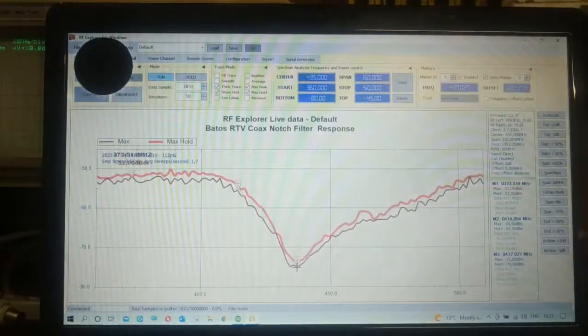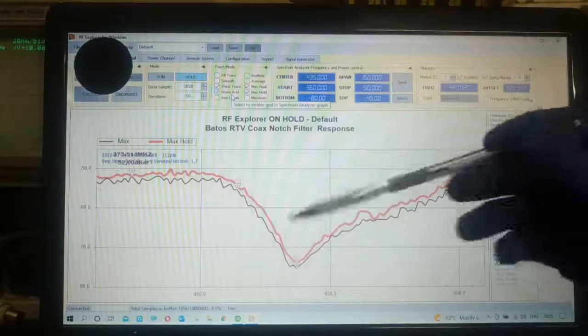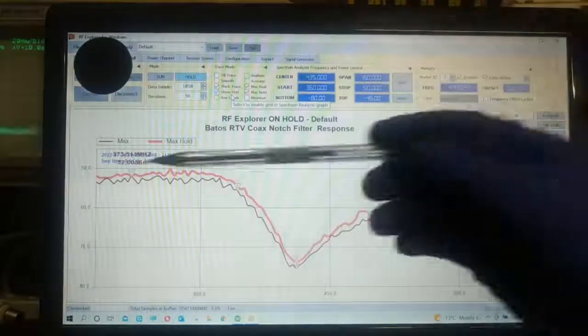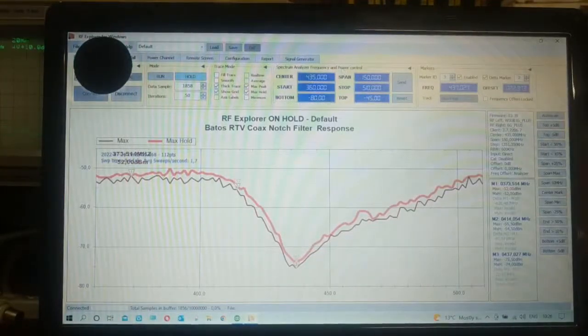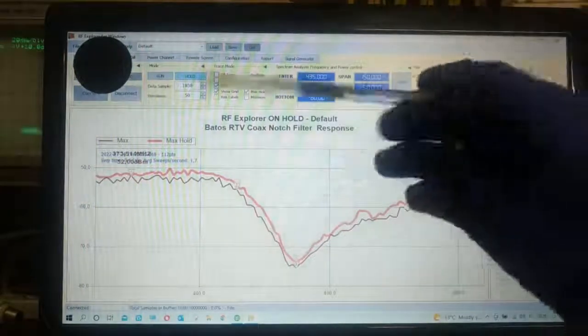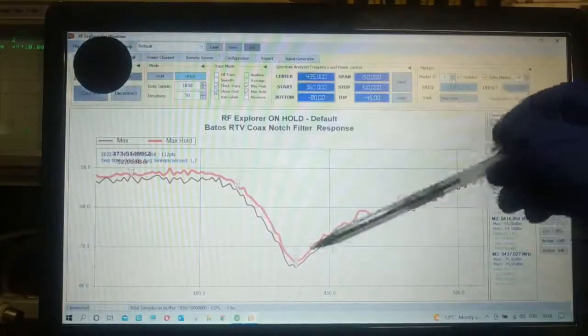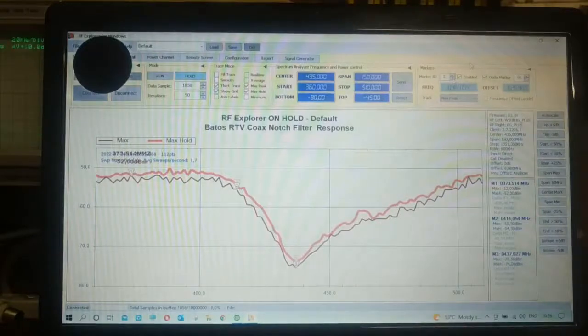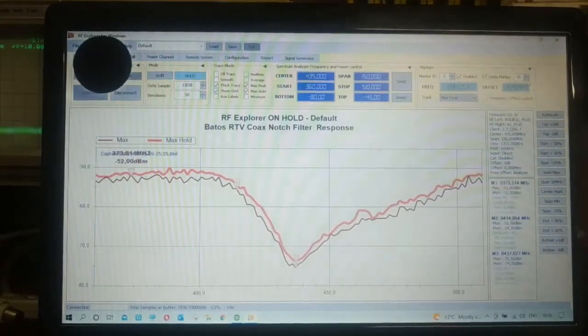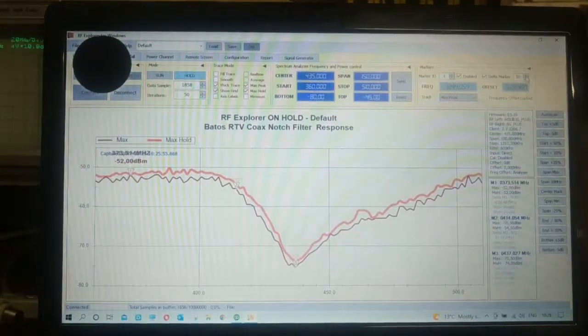Now what I'm going to do is freeze the actual display, and I'm going to try and calculate. So I'm going to say, what is the difference between my highest peak, which is number 1? Okay, so let me just go there. Okay, so I go number 1, and then what is the difference to the actual marker number 3? So I'm going to go to delta marker 3, and that will be approximately,